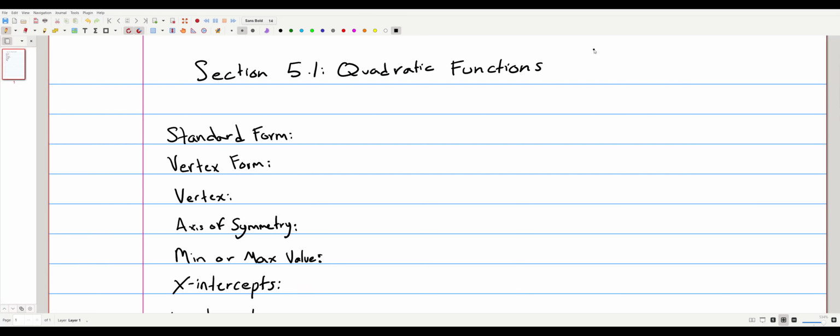Hey guys, so today we're going to be looking at section 5.1, quadratic functions. In this section we're basically going to cover the ins and outs of quadratic functions, their graphs, and all of the important properties of their graphs. Luckily, we've been working with quadratic functions for quite a bit of the semester already, so a lot of this will be review, but we're just going to summarize essentially everything that has to do with the quadratic function